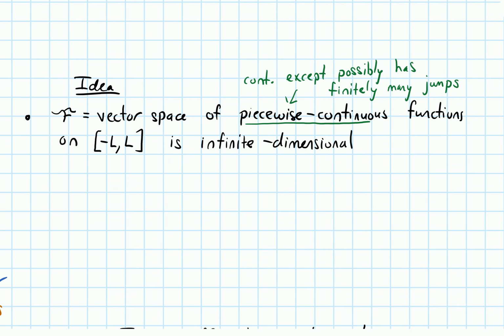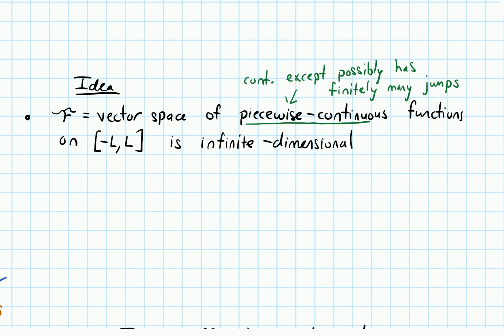We're going to be looking at some set f. I've written this f as like a script f. That's why it looks all curvy. So this set f is a vector space that consists of piecewise continuous functions on an interval that goes from negative L to L. L is some positive number here. This vector space that contains all these piecewise continuous functions is infinite dimensional. And what I mean by piecewise continuous is that our functions are continuous, except possibly they could have